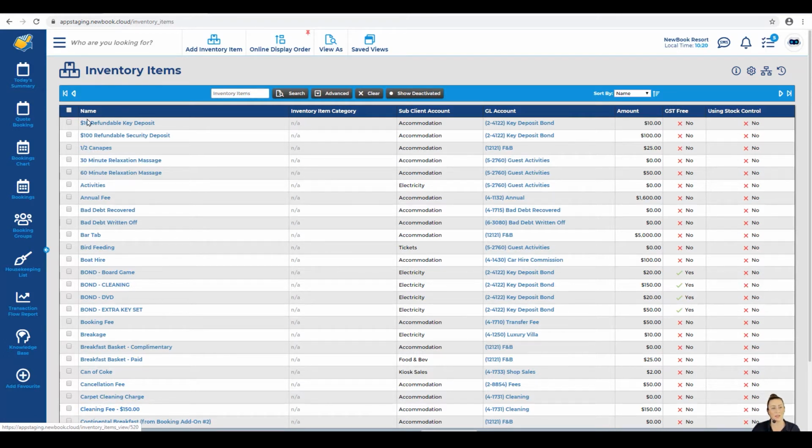Within each of these inventory items is a general ledger account. This is where we can preset different GL accounts for different types of charges. As an example, I've got some for refundable bonds within here, which means when I raise a charge in a booking, it's going to reflect that the revenue is sitting under this general ledger account. If I were to book a 30-minute relaxation massage, it's going to put the revenue under my guest activities GL